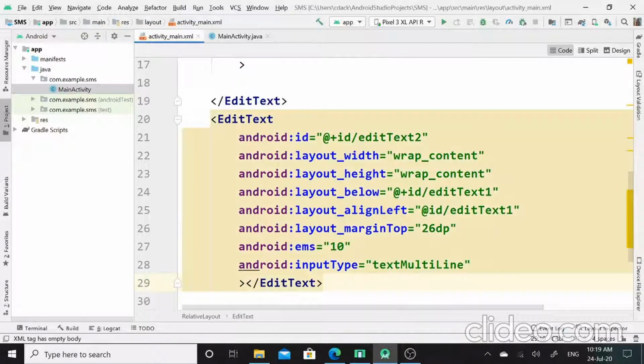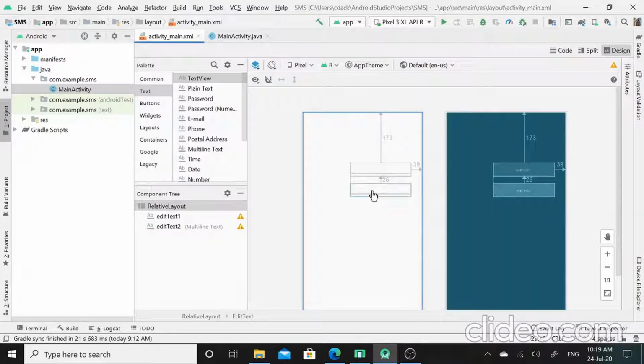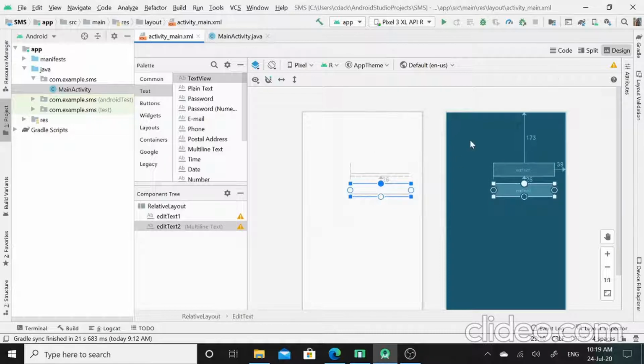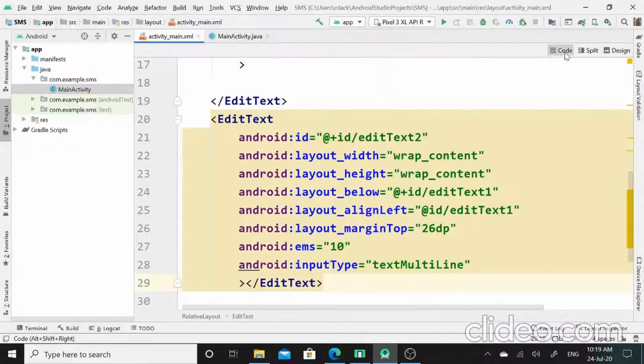And now I will close this edit text 2 tag. If I switch to the design mode, you can see that below this edit text 1 tag, this edit text 2 tag has appeared. Now again I will switch to the code mode.